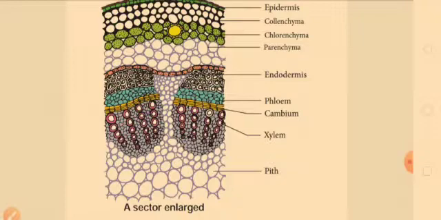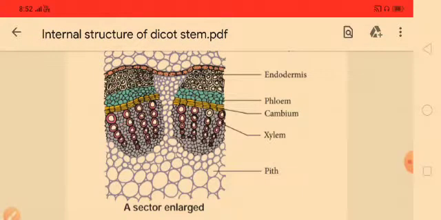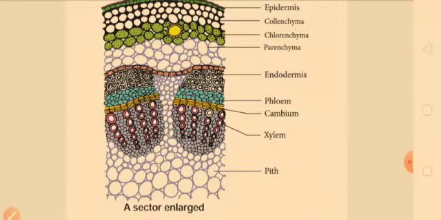Next comes the pericycle layer. Below the endodermis you have the sclerenchyma cells. It is the pericycle layer. Next you can see the blue color cells, those are called phloem vessels. What is the function of the phloem? It is helpful in transporting the food particles from different parts of the plant tissues.